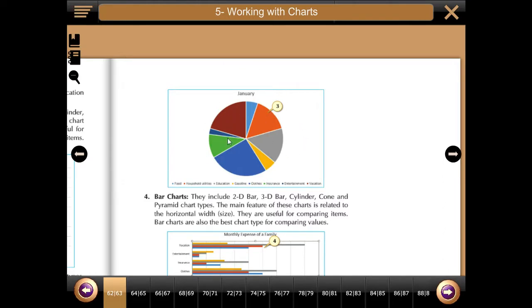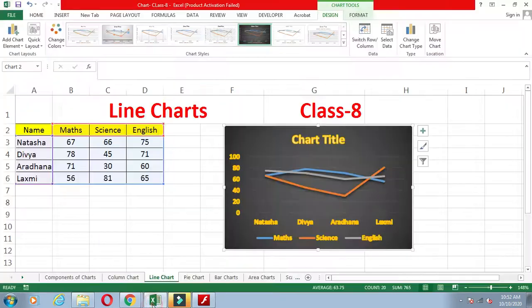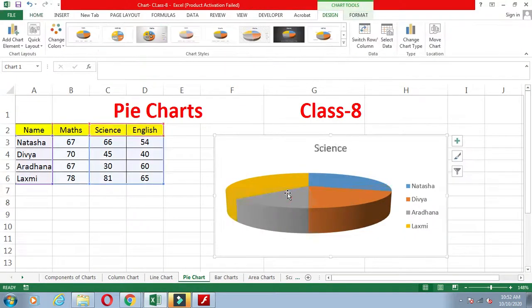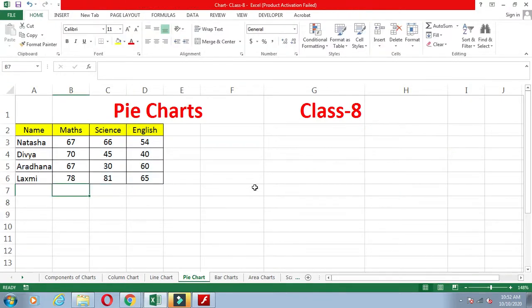Bar chart, pie chart. See, I delete this chart from here. We have the data for the pie chart. We select this data, we click on the Insert tab, we go into the chart types, we select any one chart, 2D chart or 3D chart.